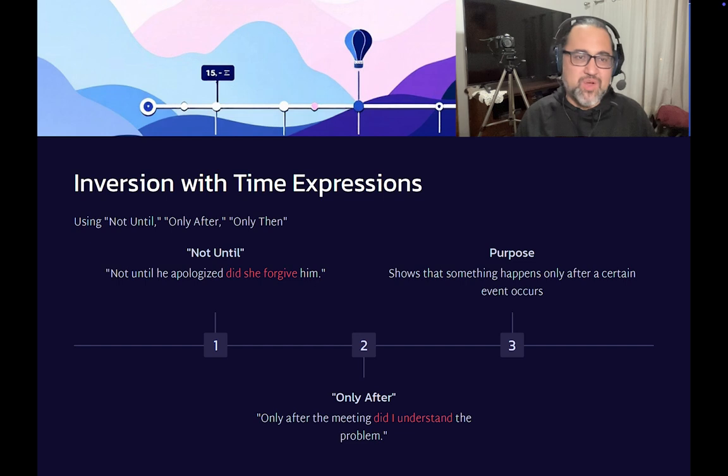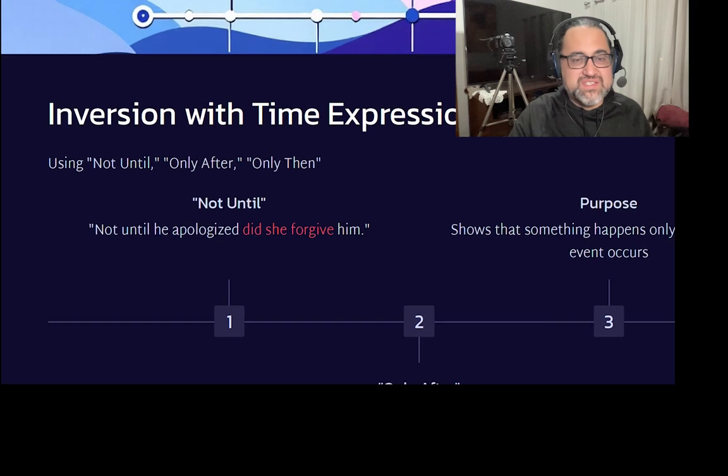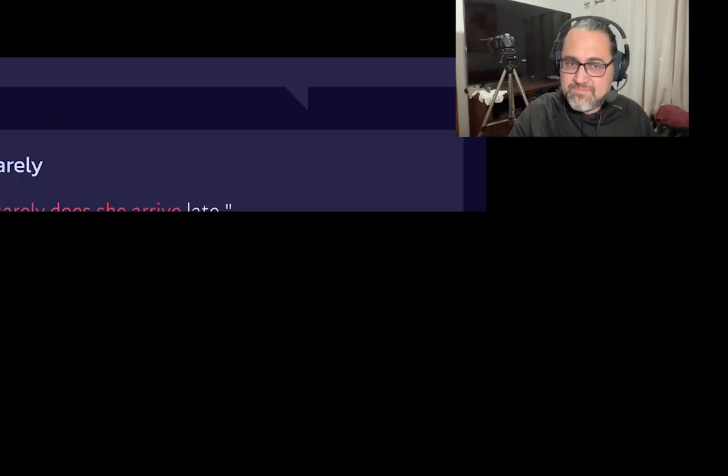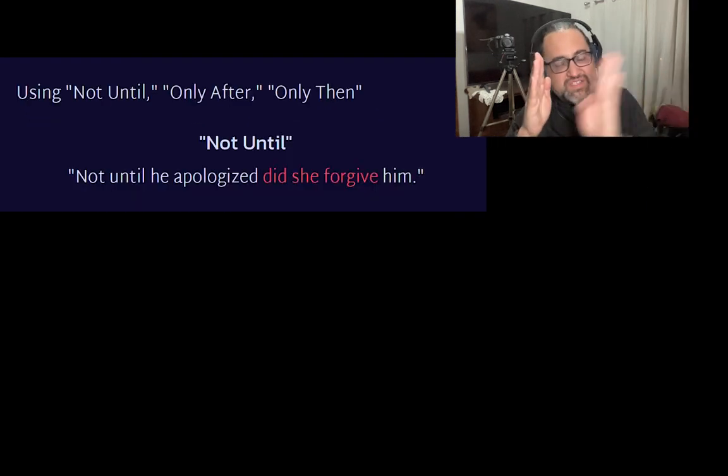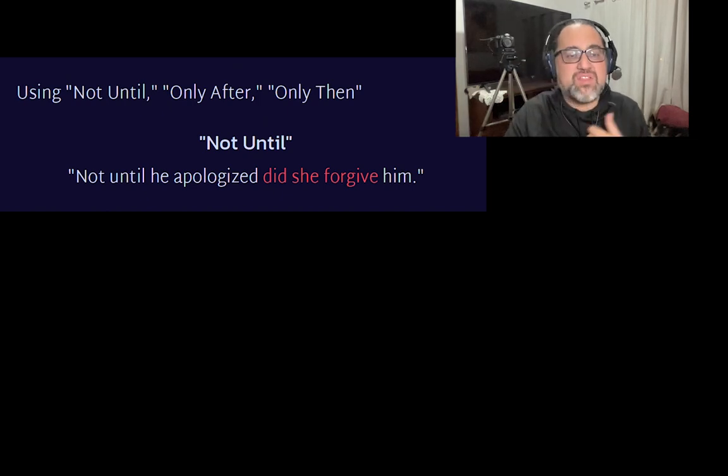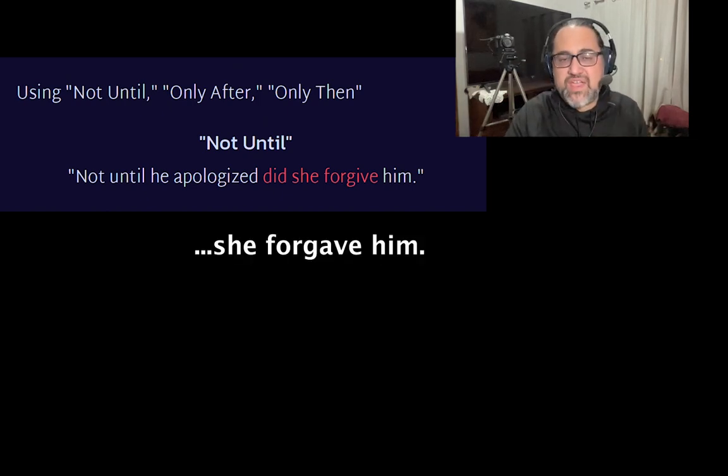Inversion is also very commonly used with time expressions such as not until and only after. Not until he apologized did she forgive him. So he apologized first and then she forgave him. You can say, not until he apologized, she forgave him. That would be correct. But you want to emphasize that the forgiveness was withheld